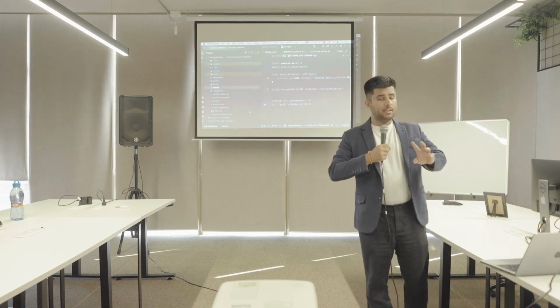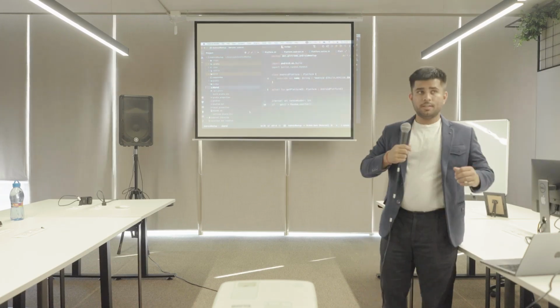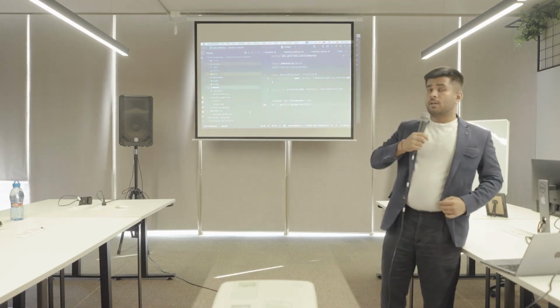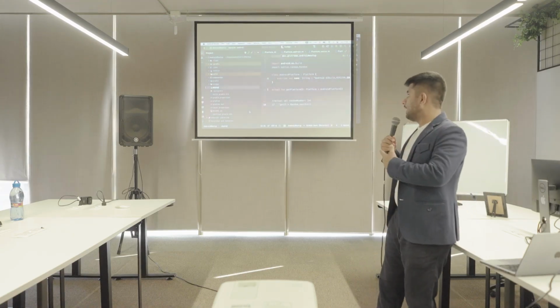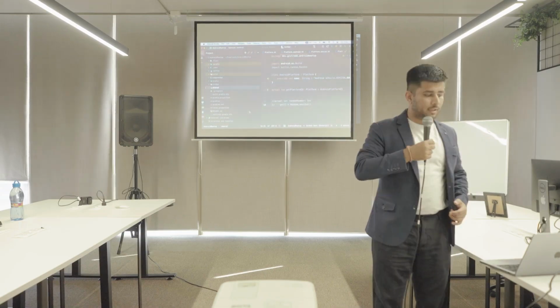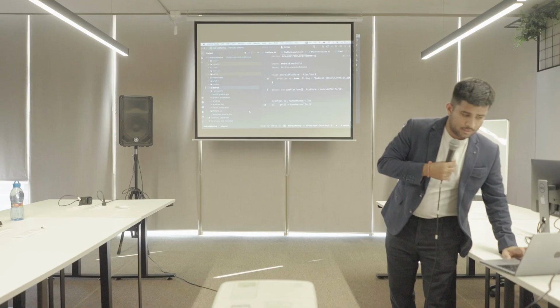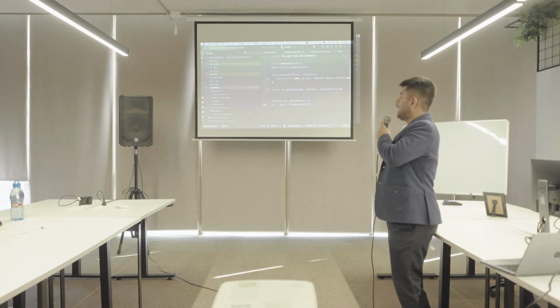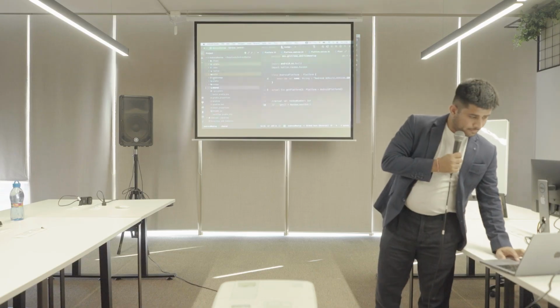I just got the news that the Android Studio version that was announced yesterday, Meerkat I guess, allows you to actually create a new module straight from Android Studio. So you don't need to go to that website anymore. You can just add that. But coming to this project, we have a Compose app directory.